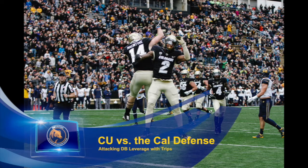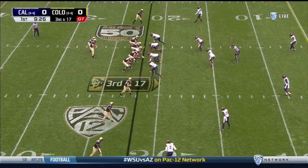Colorado. Now I say that this game was disappointing not only because we lost, although that's the worst part of it, but because this was the first game where we really got out-scouted and out-game planned on defense. To see this, we don't need to go any farther than Colorado's first touchdown, which came on a 3rd and